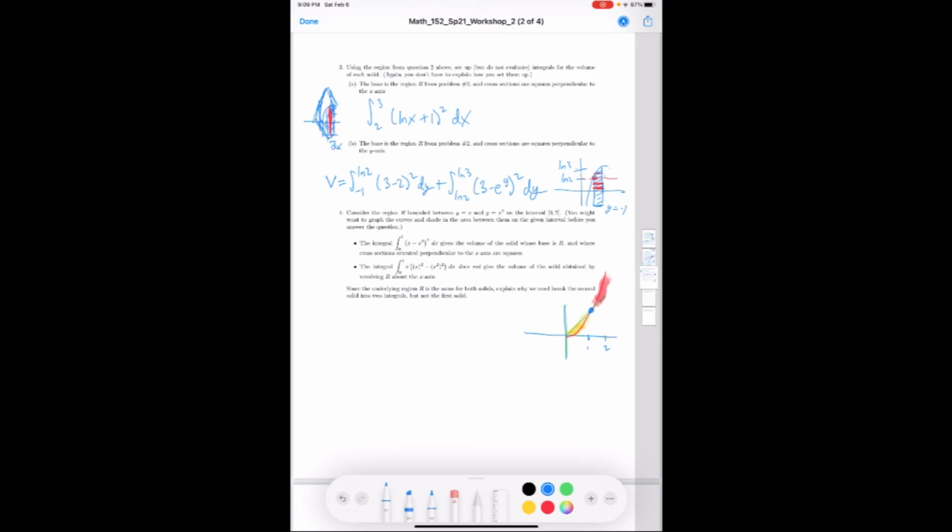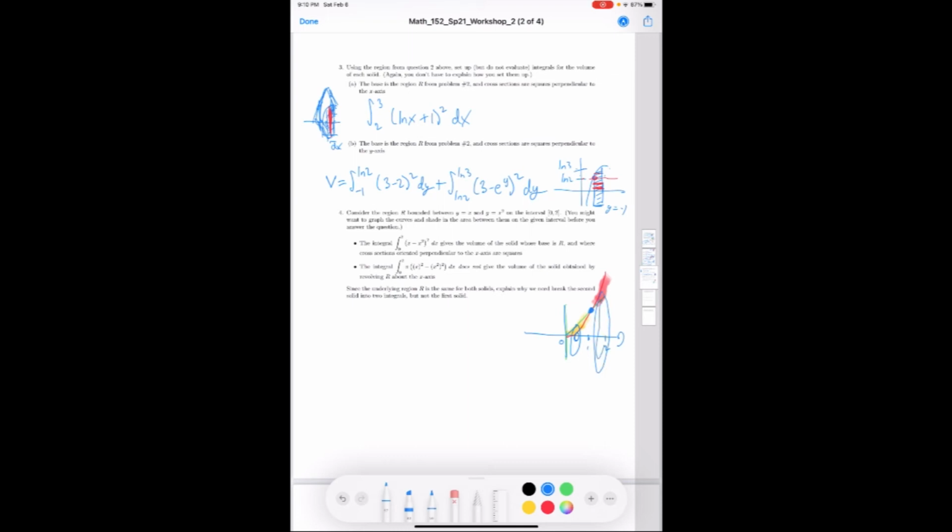So the important point is that if I were to revolve this around the x-axis like this, what I have here is washers that look like this. In this case, on the interval 0 to 1, the line gives the outer radius of the washer, and the parabola, which is closer to the x-axis, is giving the inner radius. But once we go over here,